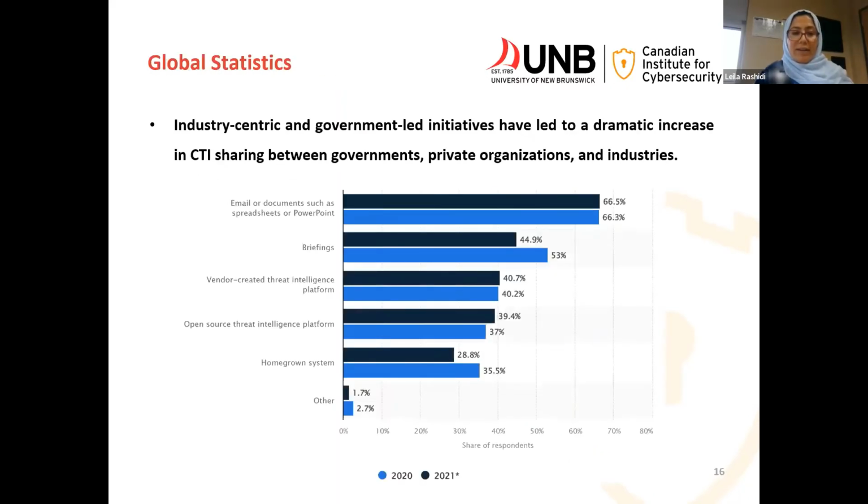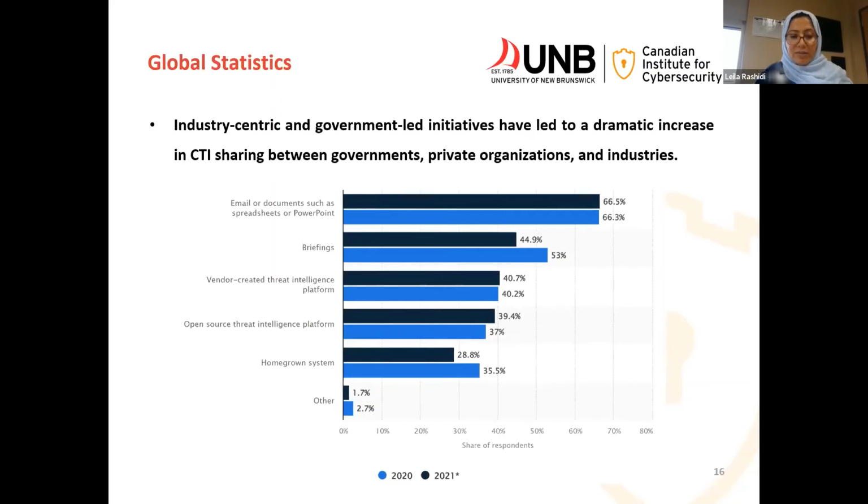And if you look at the global statistics on 2020 and 2021, you can see that using a threat intelligence platform has a very important role to share the threat intelligence, and it is used by many companies. According to the survey conducted in a study, you can see that 40% of the respondents were using a vendor-created threat intelligence platform, and also 39% of them in 2021 were using an open